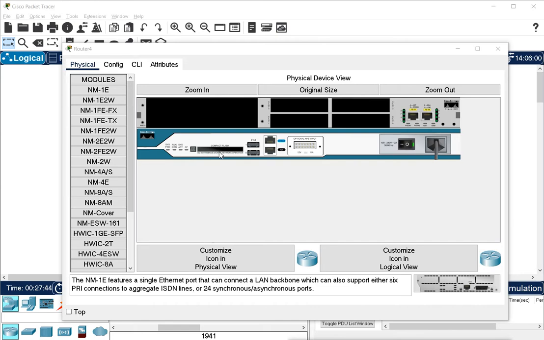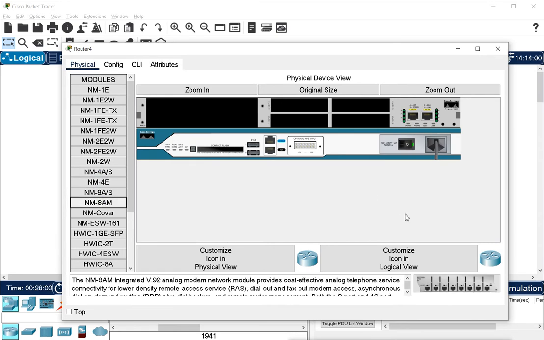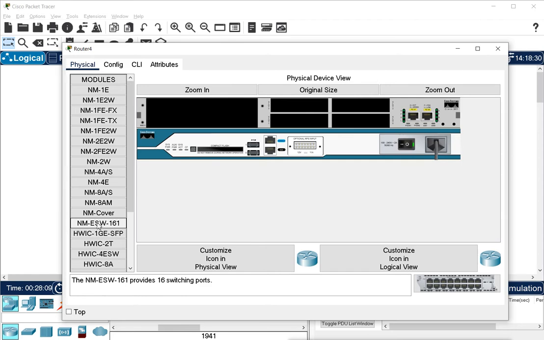Here you can add the flash card, compact flash card. It is giving you the option. This is the front side. Then in the back side you have the slots where you can add the modules. You can add different modules, and there are lots of modules available for this, like to add multiple Ethernet ports, multiple serial ports. So it has all these options available here, which we can add into these slots, a big slot and a small slot.